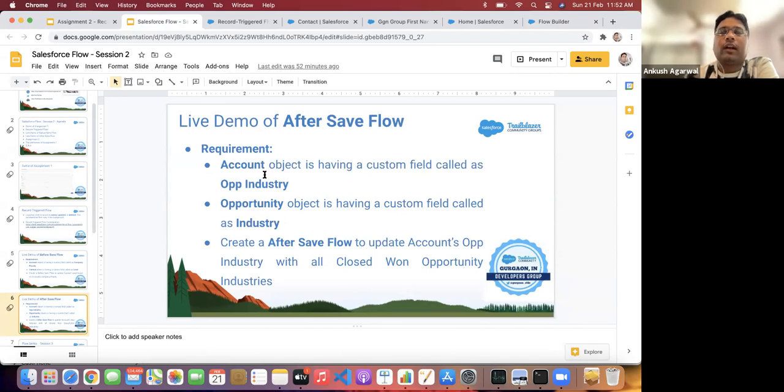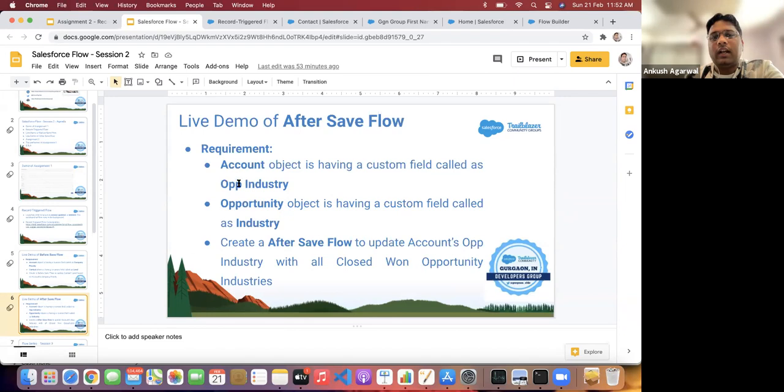If one account has multiple industries and they are dealing with us, we have multiple opportunities in their different industries, and for all the closed won opportunities, we want to see all the industries on the account level itself. So then I need an after save flow.